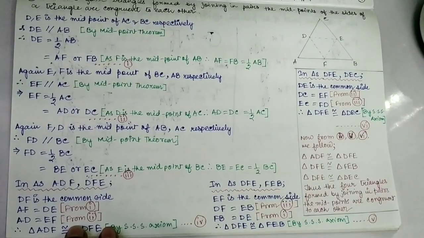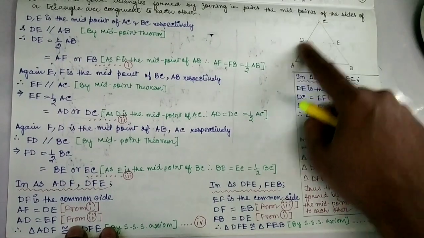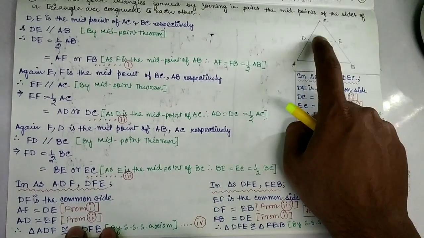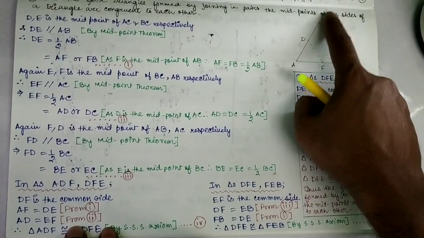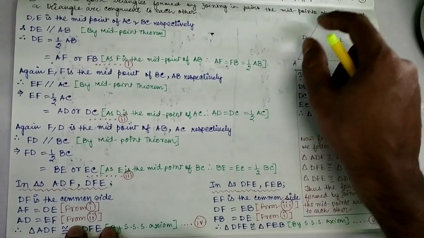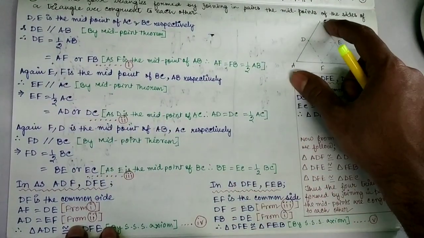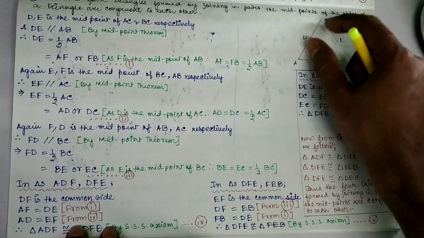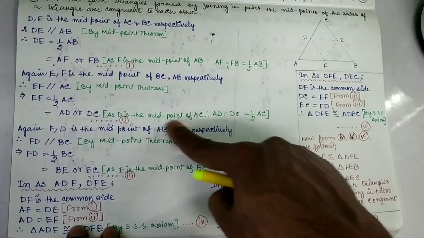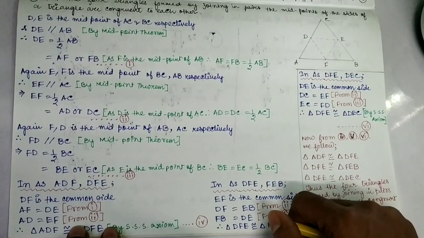Okay. So again see that this side AC has its midpoint at D. It means D bisects the side AC, or AD equals DC, and half of AC means half the length of AC, that can be AD also or DC also. I have written it over here and the reason over here. All of you copy it.